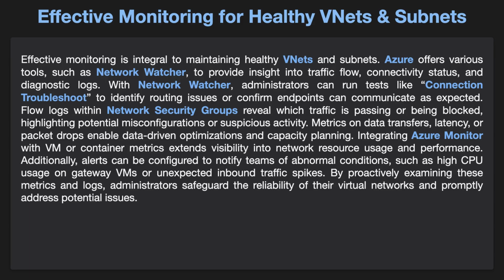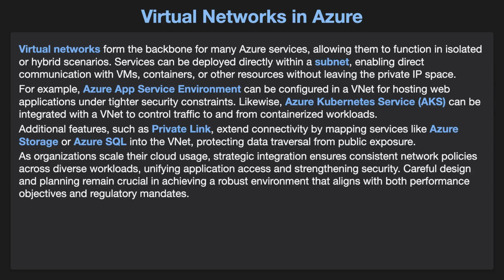Additionally, alerts can be configured to notify teams of abnormal conditions, such as high CPU usage on gateway VMs or unexpected inbound traffic spikes. By proactively examining these metrics and logs, administrators safeguard the reliability of their virtual networks and promptly address potential issues. Virtual networks form the backbone for many Azure services, allowing them to function in isolated or